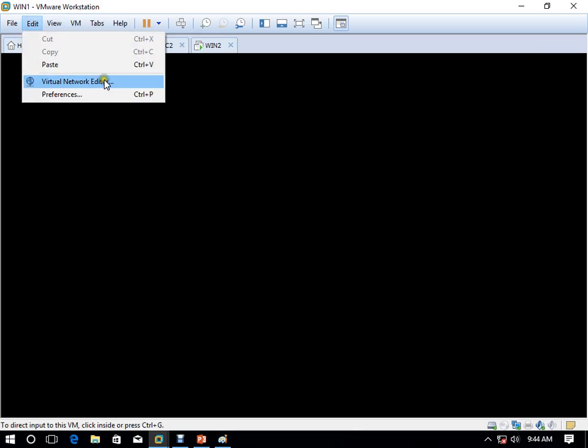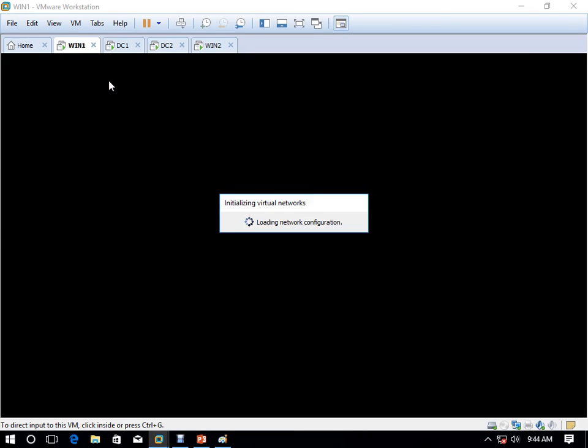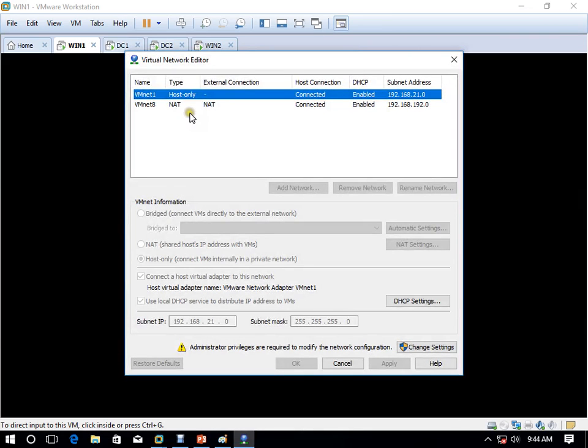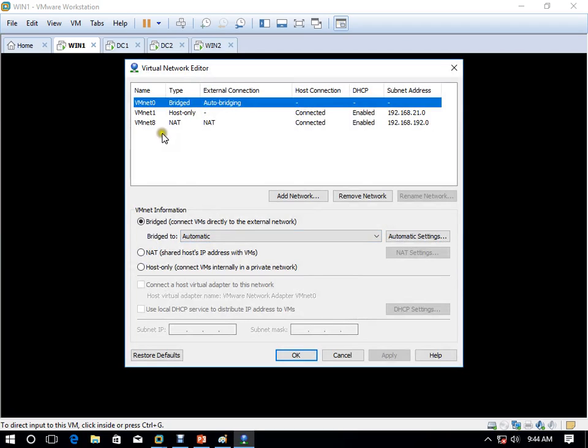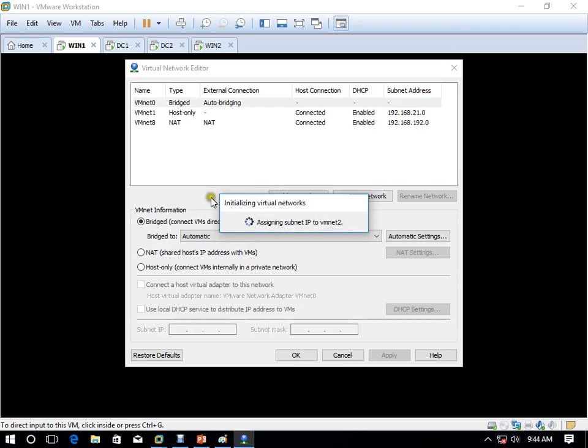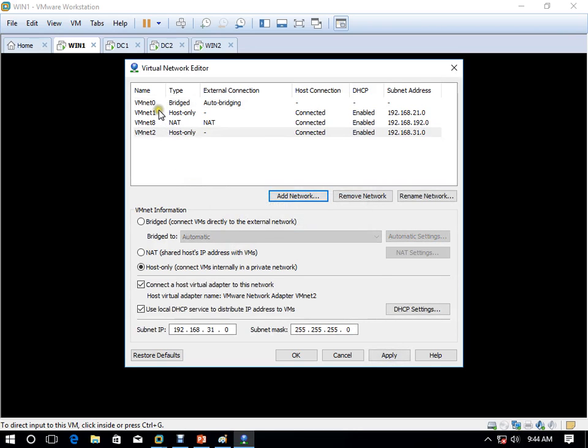Okay, now after this you have to work on one more VMware setting. You have to click on edit. You have to go to virtual network editor. In the virtual network editor we are using VMnet 1 and VMnet 2. Change setting. Okay, so we have to add network VMnet 2. Okay, we are using VMnet 0, VMnet 1, VMnet 2.